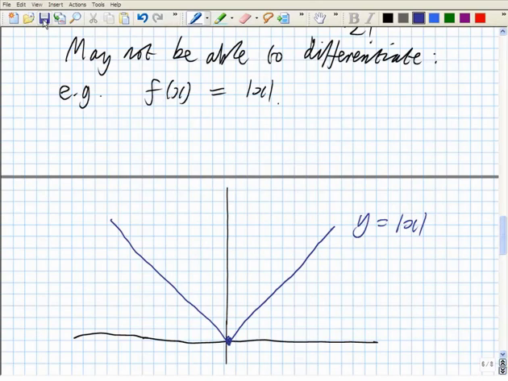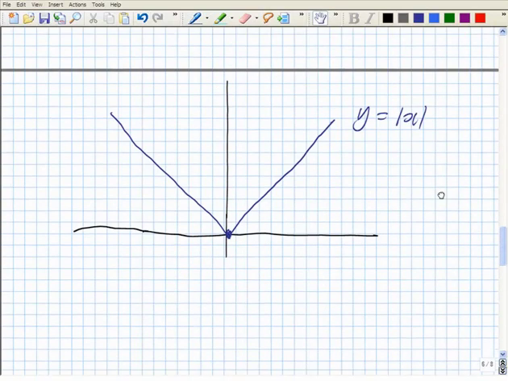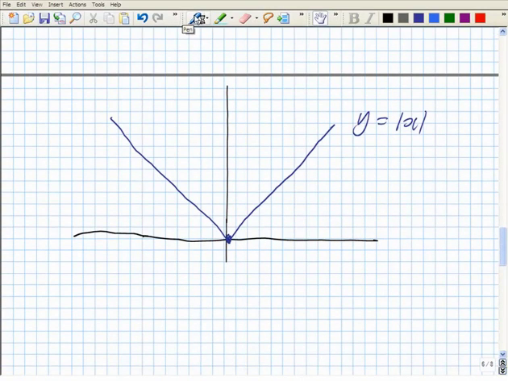Now, you could say sort of on average it looks like the derivative might be 0 at the origin. But even if you did do that, you're still going to run into trouble if you try to do a Taylor series for it. But actually you can't differentiate at the origin at all. So you can't do a Taylor series for that function, at least not naively using the usual formula for differentiation.